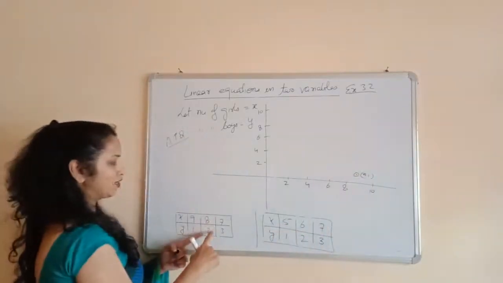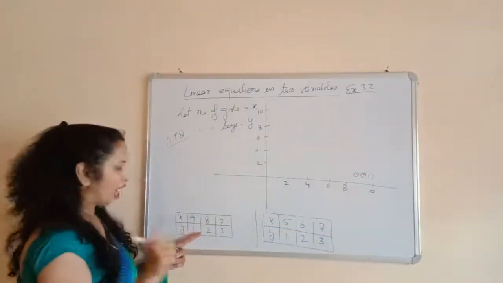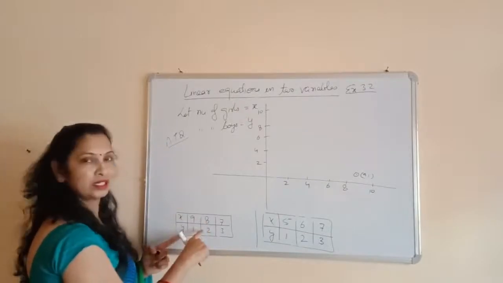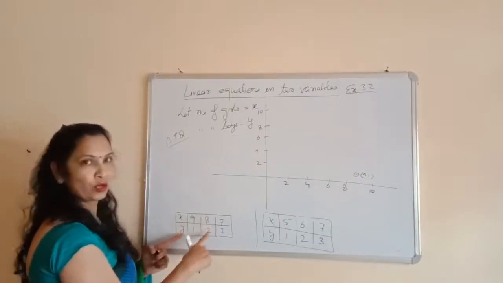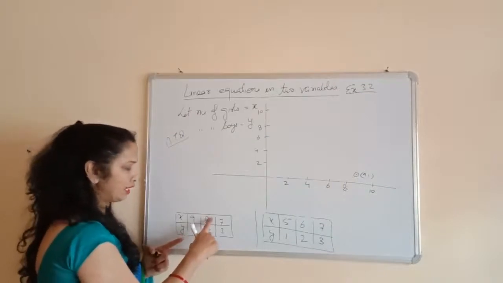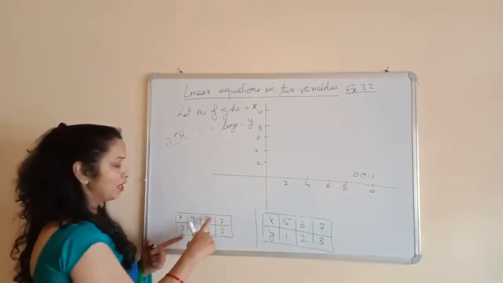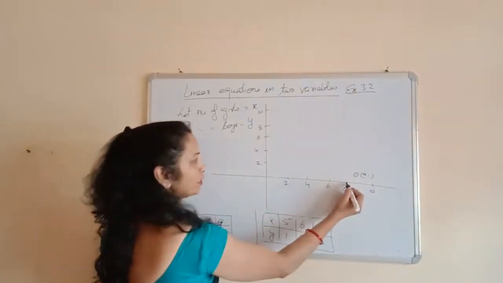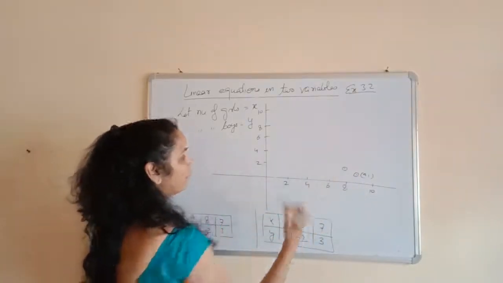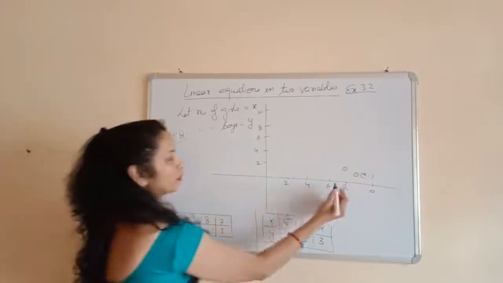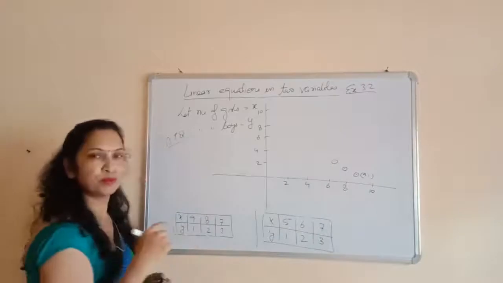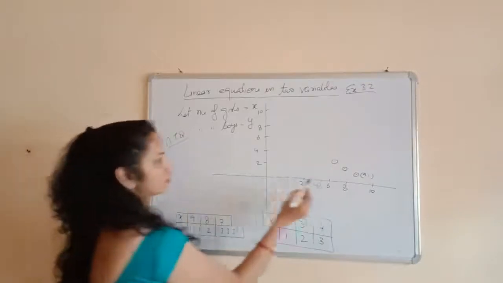Second one, 8 and 2. So first we have to see the x and then the y. This is called the abscissa and this is the ordinate. So first of all we will see the x-axis and then the y-axis. Then we need to find out the coordinate 8 and 2. So 8 is here and 2 is here. So this will be like this. And 7 and 3. Okay. So first you will move on the x-axis and then on the y-axis.